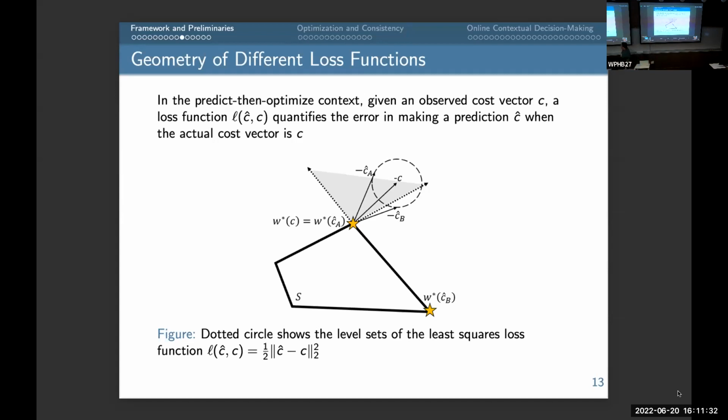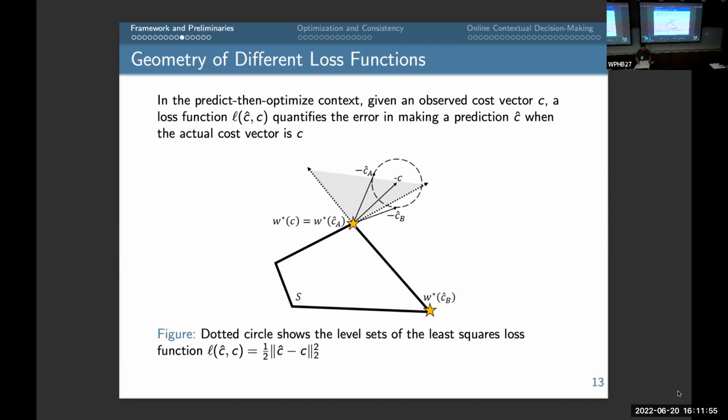On the other hand, though, we can see that geometrically, those two predictions lead to very different solutions, right? So C hat A actually gives you the right optimal solution. You recover the correct extreme point. C hat B, on the other hand, gives you the optimal solution down here. So least squares loss, if you were to use that as your loss function, it may give you an incorrect